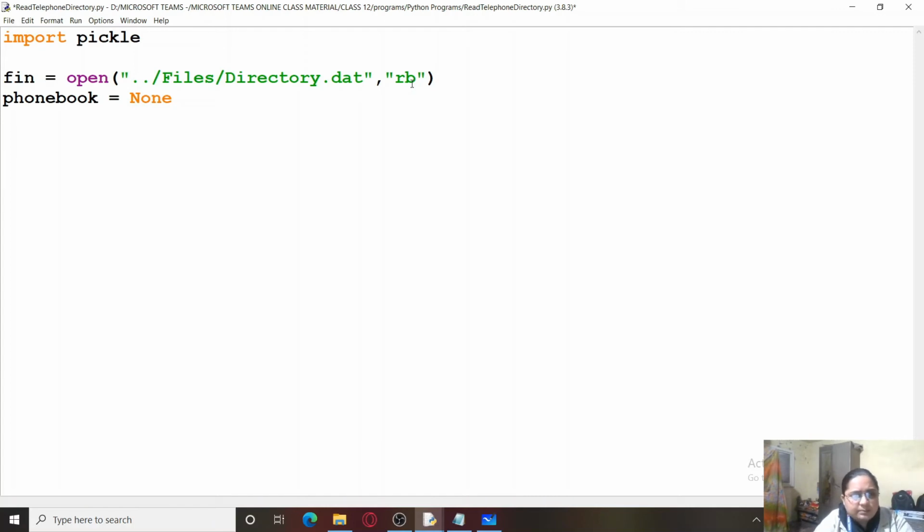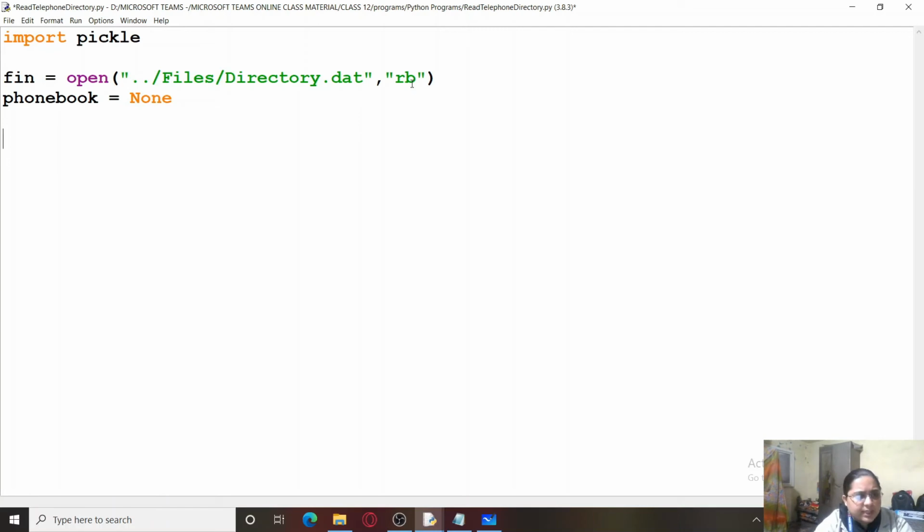Now I would be using the try block within this while True, that is, an infinite loop, because I need a loop for reading all the dictionary objects from the file. Right now our file contains only one object, so even without this try except block, it will execute. First I will demonstrate that to you.